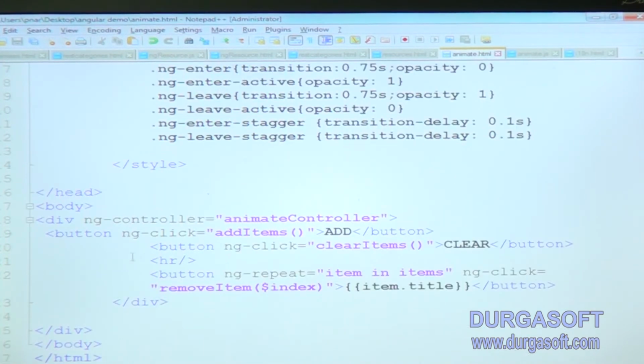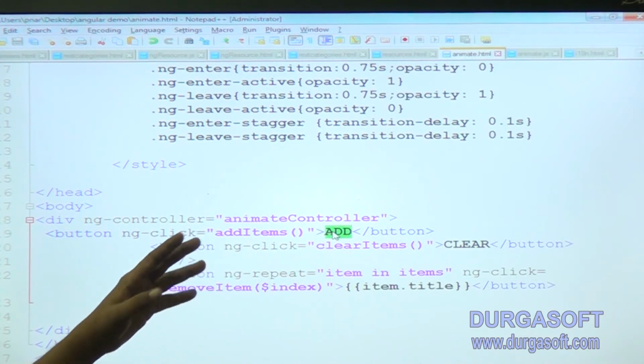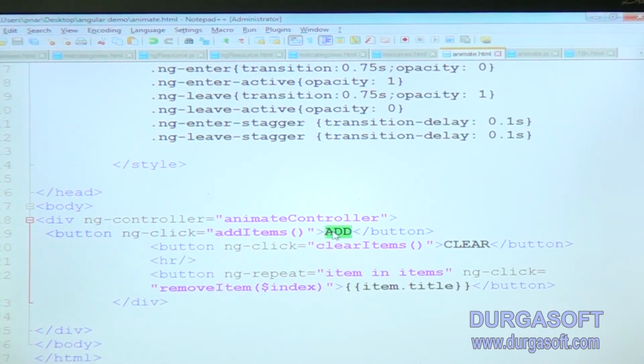There I have created one add button and one clear button. The add button adds to the list of items, and the clear button clears all the items at a time. But while adding and while clearing, I am applying some animation style to add and remove it.